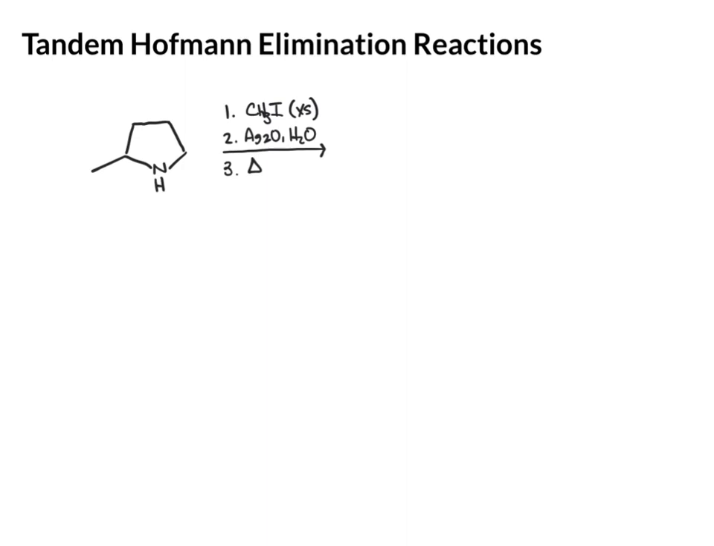The final thing we're going to look at is the possibility of tandem Hofmann eliminations. That means we're going to do one right after the other. But this really is only a possibility if you have cyclic amines. And one thing I want you to keep in mind is I've only written one set of conditions here, but